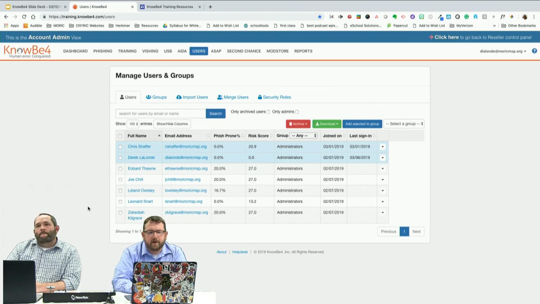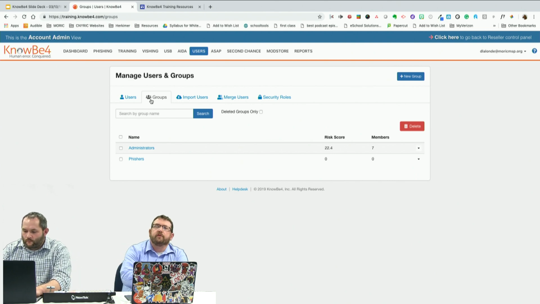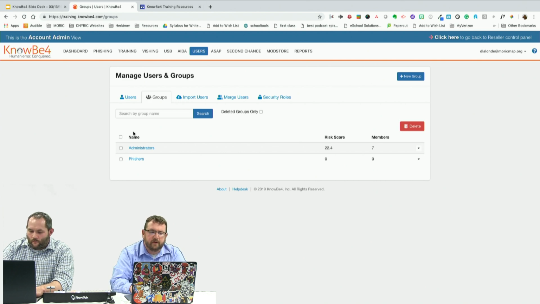And the other big thing that we want to touch on within our users area is creating groups. We touched on this in the beginning of the training, that you as a district can go in and create as many different groups as you want. One of the groups that they recommend that you create is a clicker group. In this case, we created a Fisher group. But just to give you an idea of what creating a group within KnowBe4 looks like,